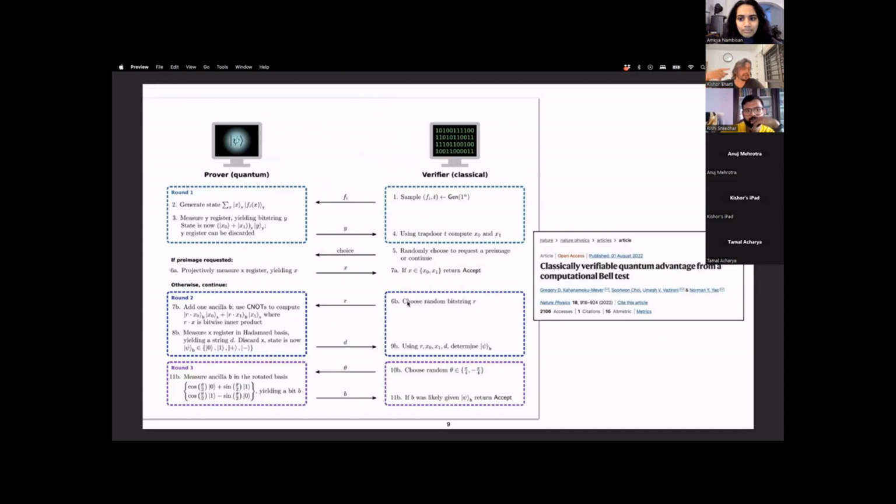So it's like the way one interrogates criminals: you ask them, they give an answer, you ask them again, they give an answer, and basically you need to check the consistency in their answers. And if you find that something is inconsistent, then you deduce that something is fishy there, and you do not buy their claim.